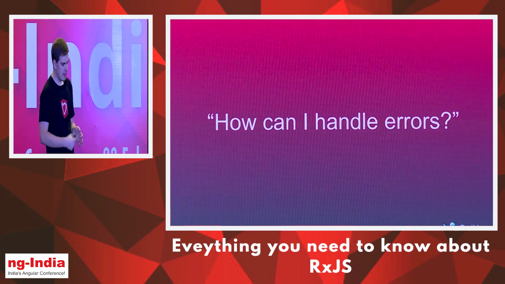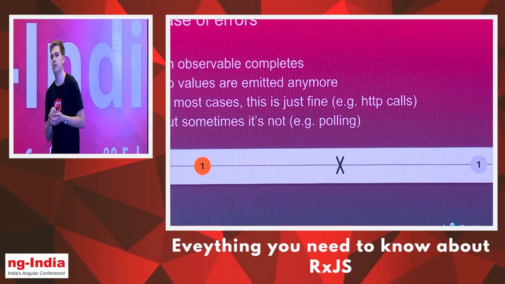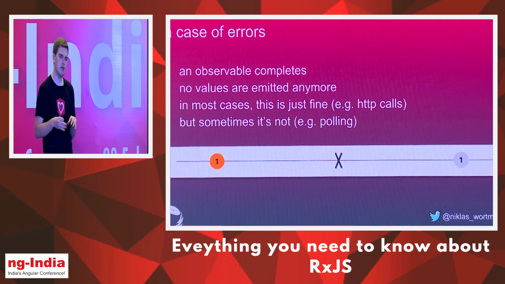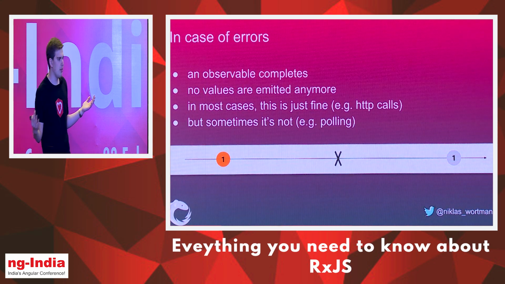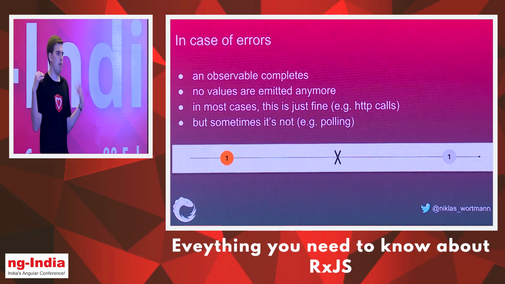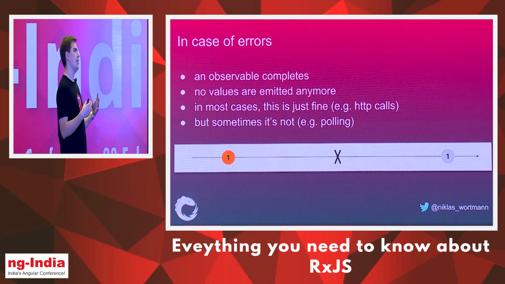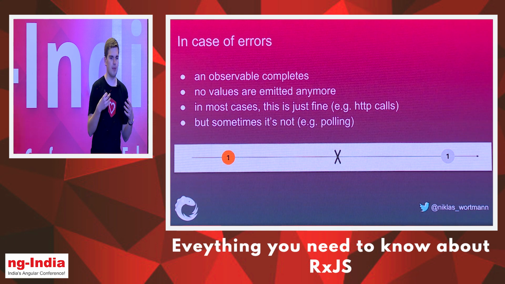Okay? So I already said that as soon as an error happens in your observable, the stream dies. And in most cases, this is totally fine. Because, for example, if we take a look at an HTTP call again, when there's an error that the stream is dead, fine for me. Makes totally sense somehow. But there are use cases where you don't want this behavior. You want to keep that stream alive,